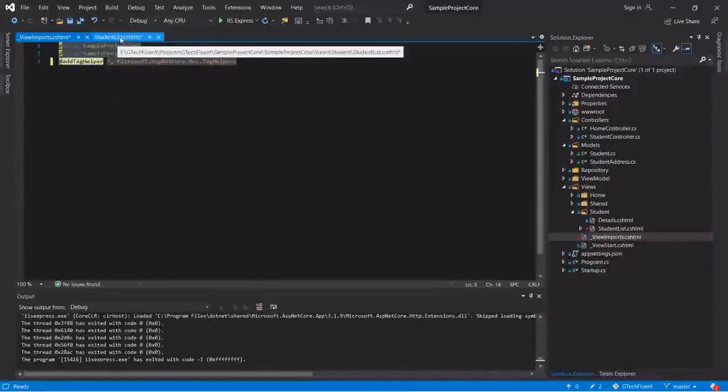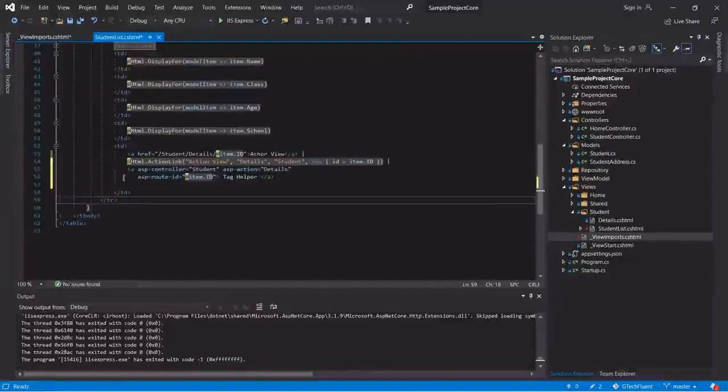So let's go to the student list, and here we have created the link using a link tag helper. This is known as the anchor tag helper in ASP.NET Core, which is used to create the standard HTML anchor tag, similar to our anchor tag. asp-controller is used to specify the controller based on the routing system.